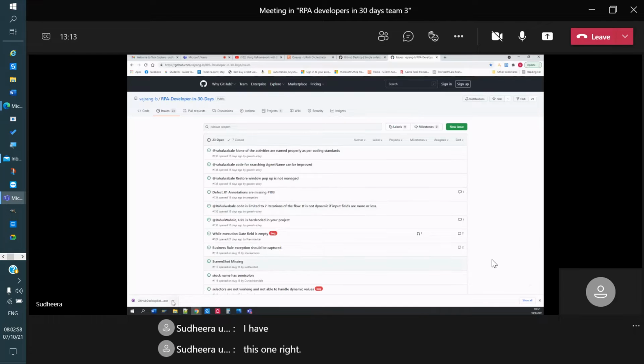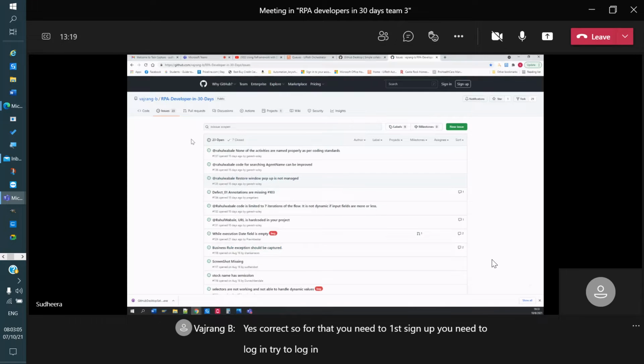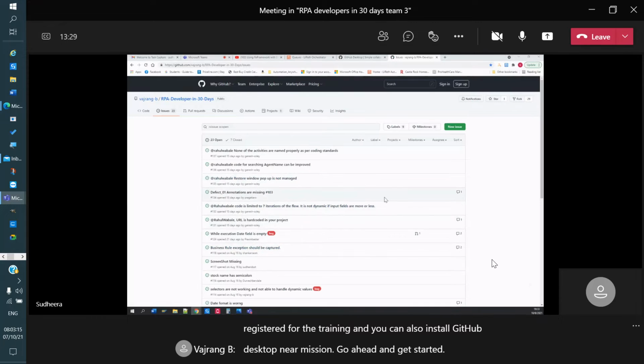Yes, correct. For that, you need to first sign up and log in. Try to log in with the same email ID that you registered for the training. You can also install GitHub Desktop on your machine. Go ahead and install. I can sign up here.